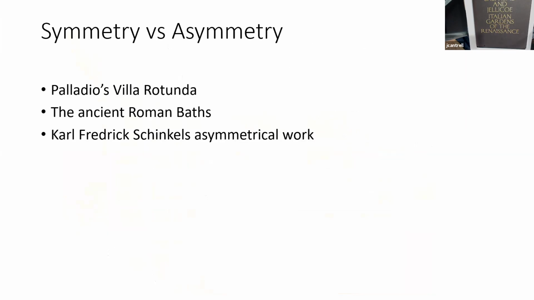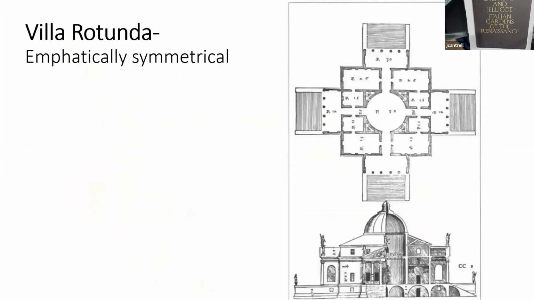We're going to talk about symmetry versus asymmetry: Palladio's Villa Rotunda, the ancient Roman baths, and some of Karl Friedrich Schinkel's asymmetrical work. Let's start with Villa Rotunda. I think we've seen this many times in the class. It's emphatically symmetrical. By that, I mean the major and minor axes are exactly the same,